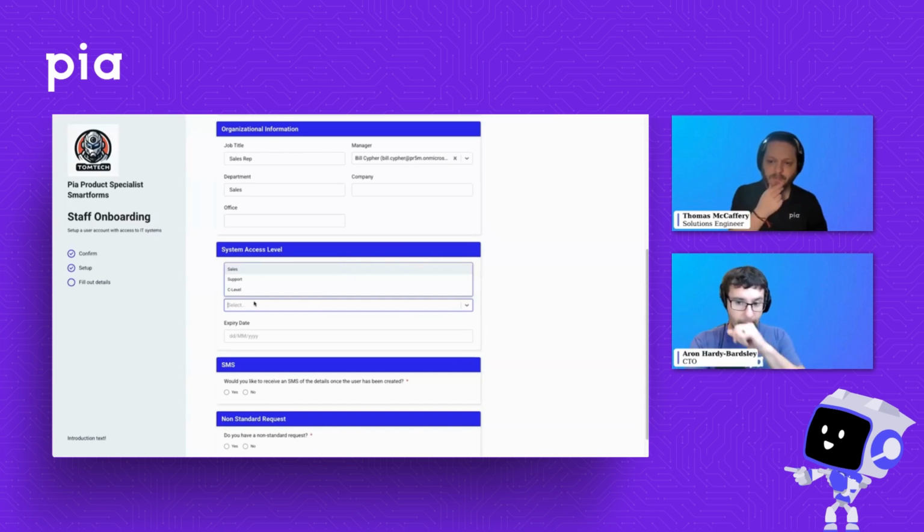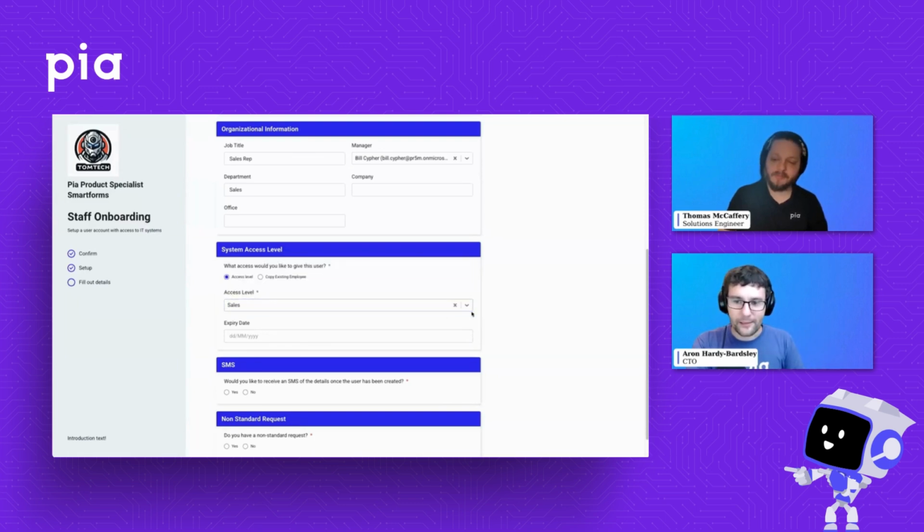So this is a great way of, your clients are not going to know exactly which groups you need to put them into, and they might not even know what an OU is. Right. So this is a great way of configuring some presets for them, and then letting them pick from a list that makes sense to them.